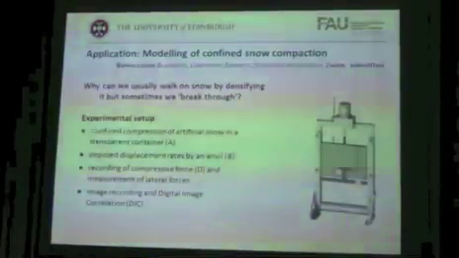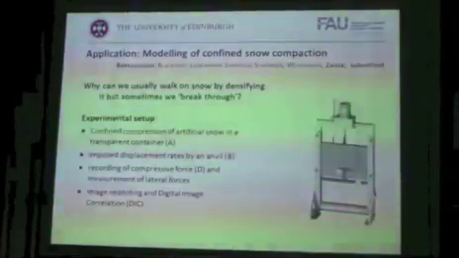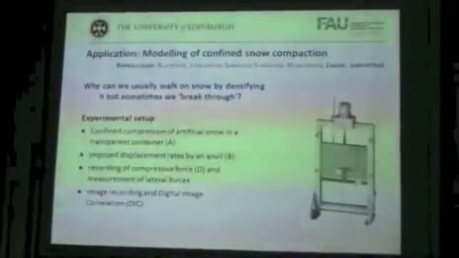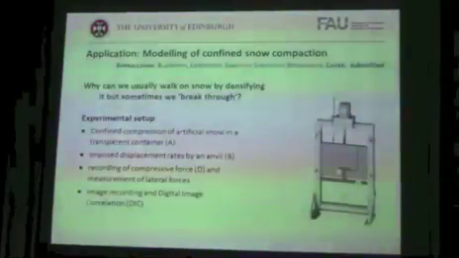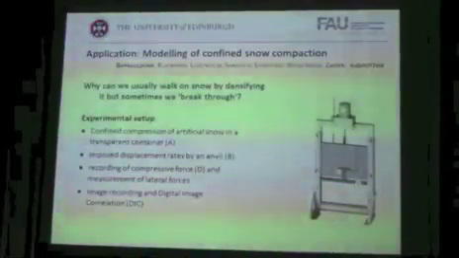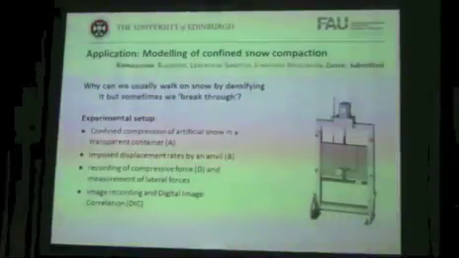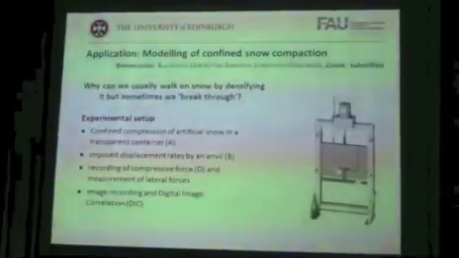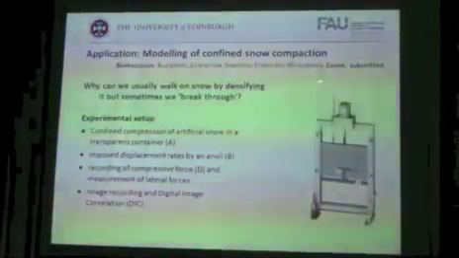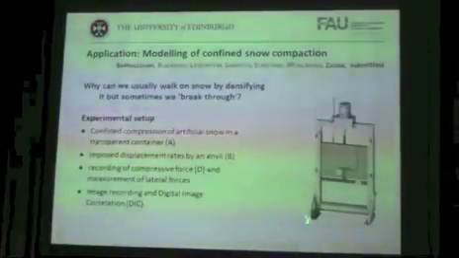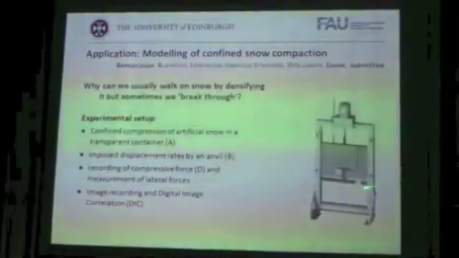Now we'd like to go a bit to something else, the application of the model to confined snow compaction. So it's motivated by the question why we can usually walk on snow by just densifying a bit, but sometimes we break through, so it's not quite clear where this comes from. So it could be from a surface crust, but one can also observe this in completely homogeneous snow samples, so that's the question. The experimental setup is therefore compaction of artificial snow, which is in like a glass container here,